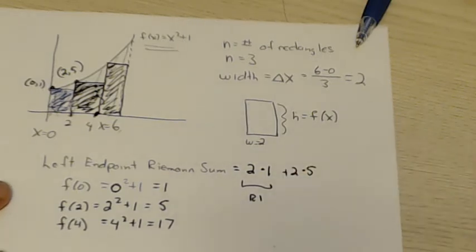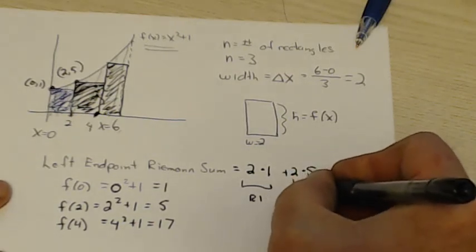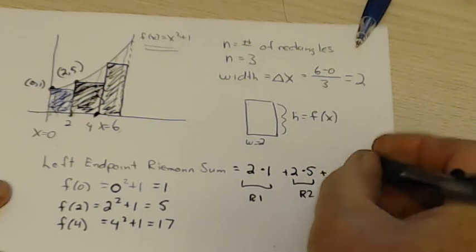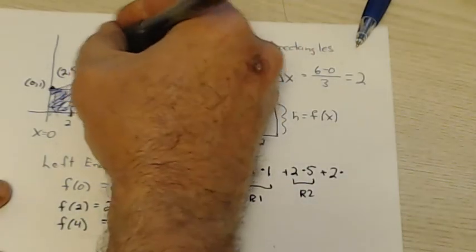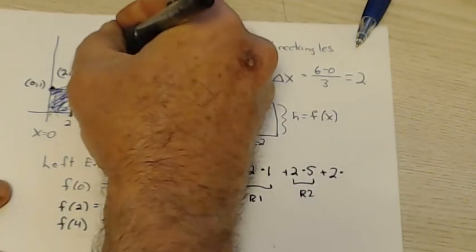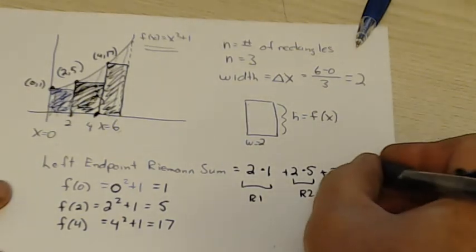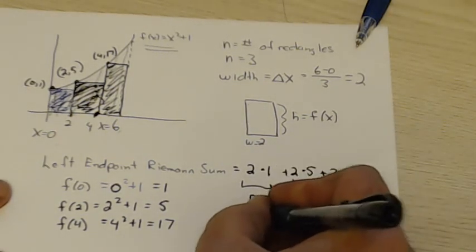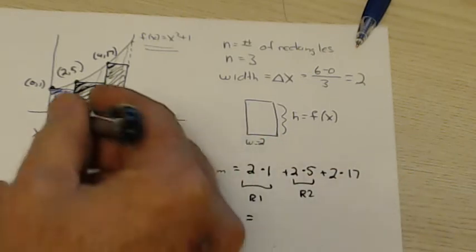Okay, and our third rectangle, here's R2 on this guy, has again a width of 2, but its height is 4 squared plus 1. Let's put that up here. That's the point 4, and the 17 is the height of that third rectangle. So 2 times 17. So if we carry this out, our left endpoint Riemann sum, which is our approximate value